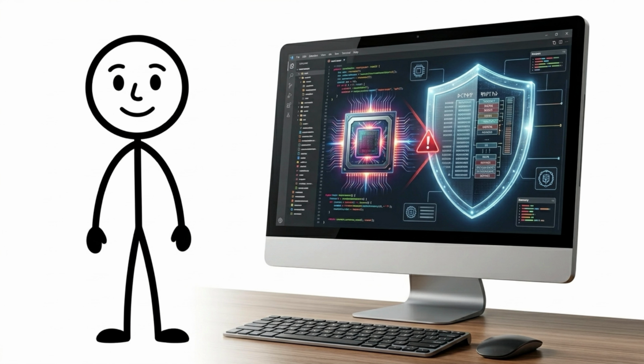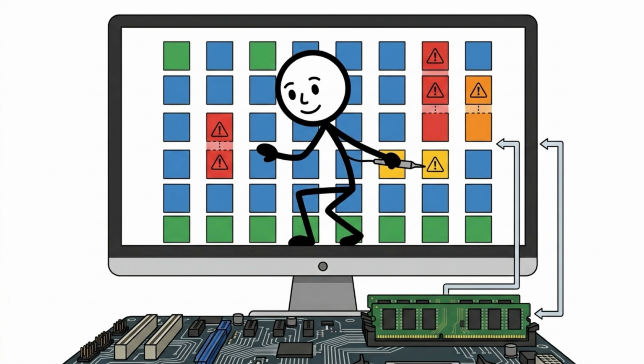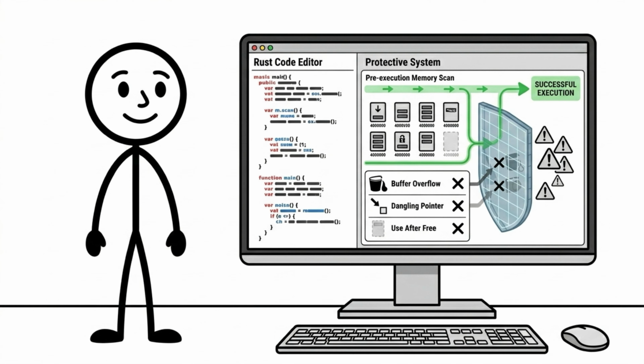Rust is a relatively modern programming language designed to provide both high performance and strong memory safety. This combination is what makes Rust particularly interesting. Traditional low-level languages can be extremely fast, but programmers have to be very careful when working with memory. Rust attempts to prevent many common memory-related bugs before the program even runs.